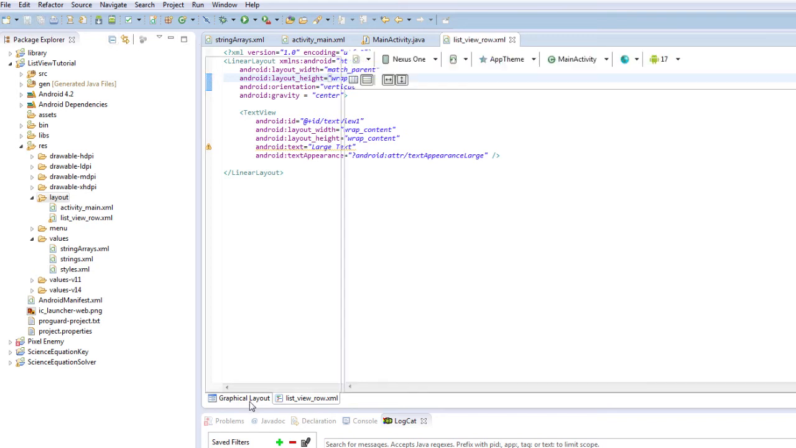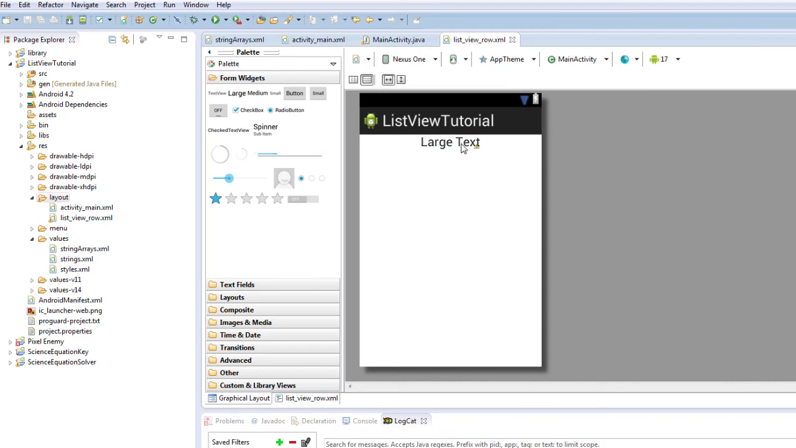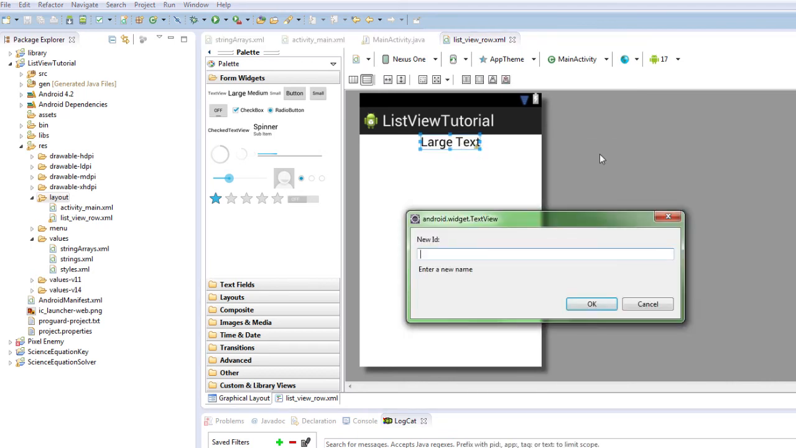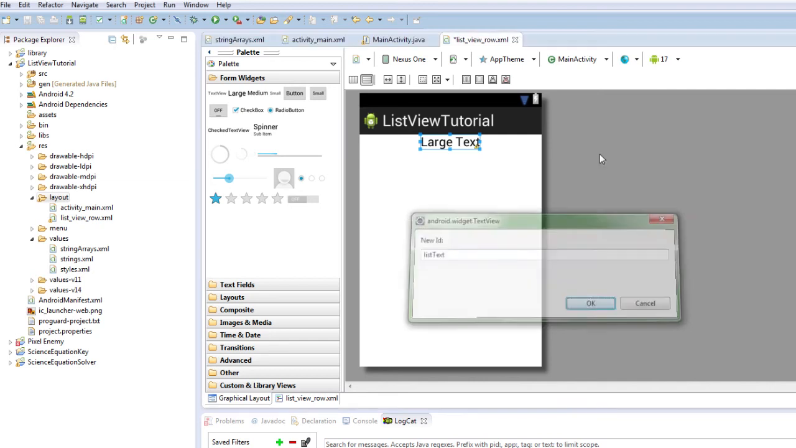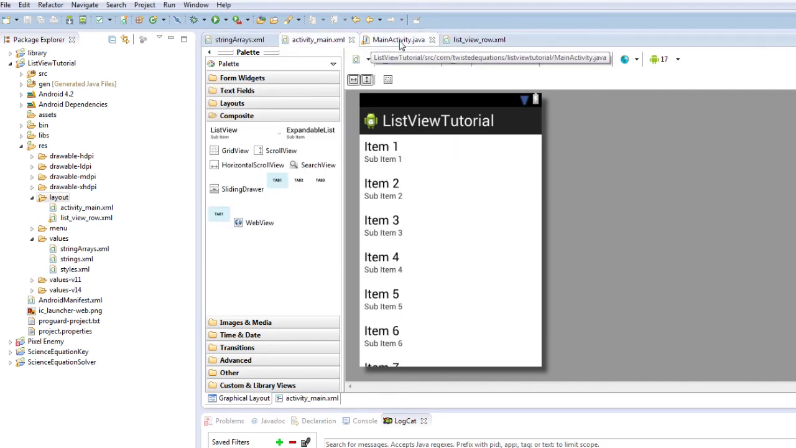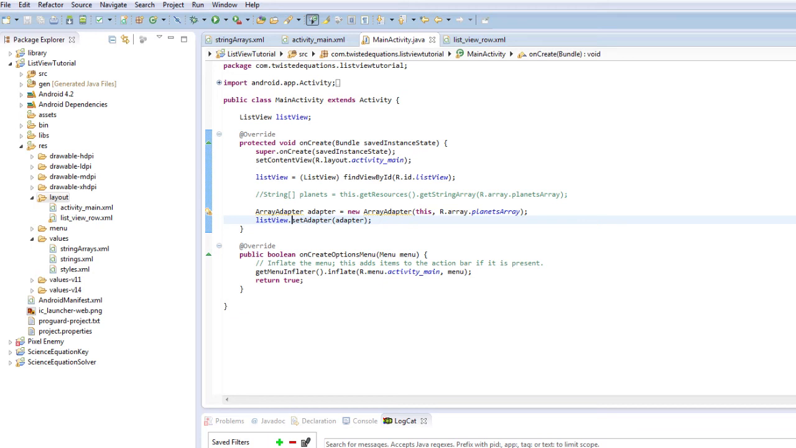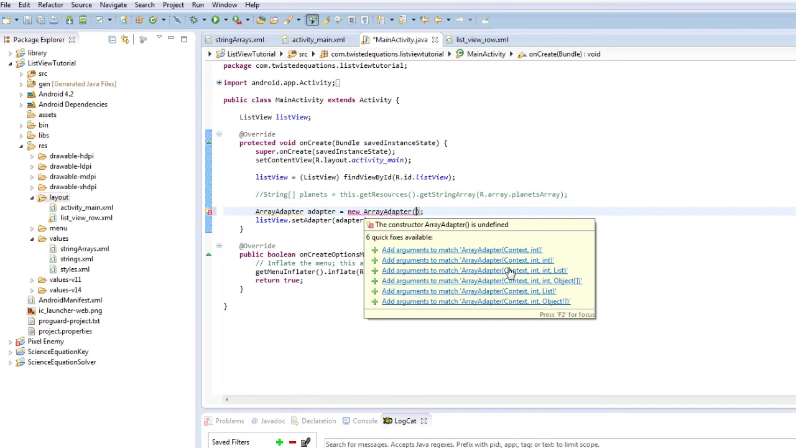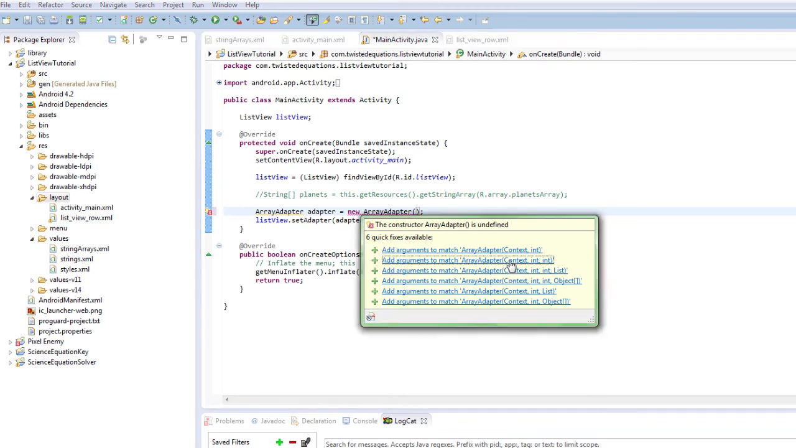This is essentially, well, we've done list views before. And we'll edit the ID to be just list, view, what do we call it? It's just list text. Okay, done. So the reason the array adapter is not working is because we haven't got a list view row. I can't believe I forgot that. That's so stupid of me. So we're just going to get rid of this here, and we're going to choose a slightly different constructor here. So context, int,